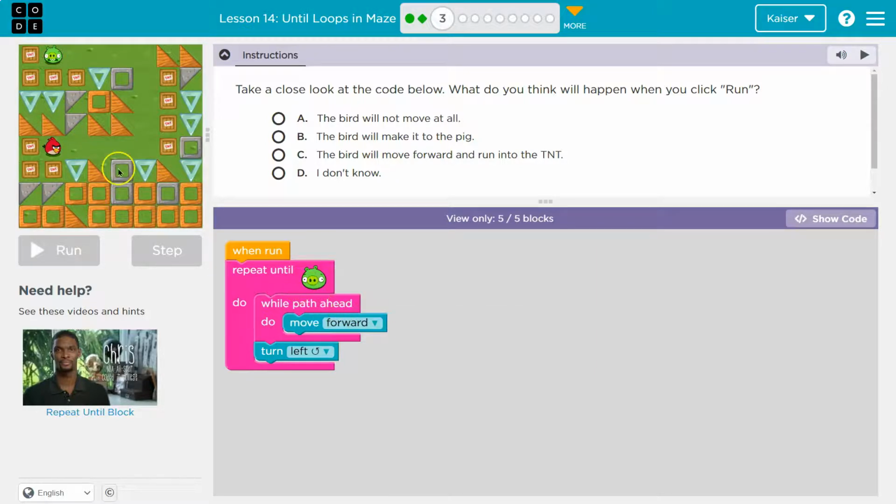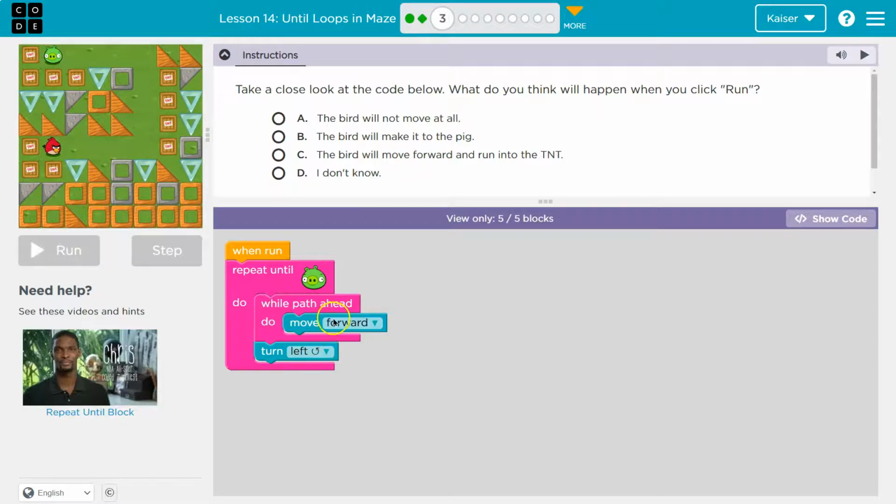While there is path ahead, move forward. Well, what will I do? Okay, well, is there path ahead? Yep, I'm going to move forward. I hit the bottom of this pink mouth thing, this wall to path ahead thing, and it goes up, check again, zoop, back to the top. Is there path ahead of me? Well, there would be. This is true again, and it goes do this, move forward.